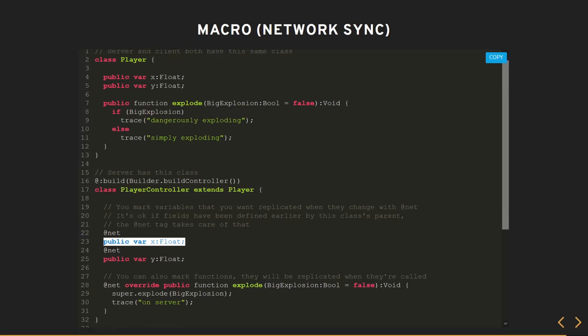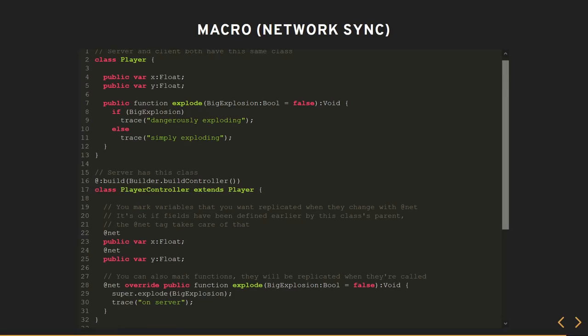So one of the neat tricks that buildController is going to have to do is check if this variable is already declared in the superclass, and if it is, it's going to erase this whole expression from this class so that we don't get a compile time error. But it's still going to record that we want replication on it. Is this okay for this line?